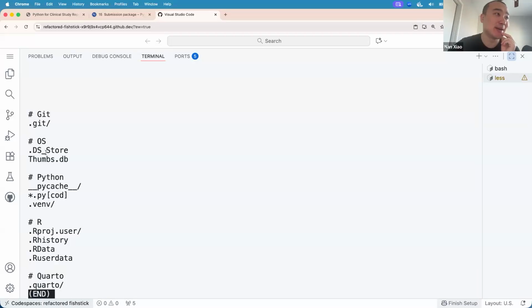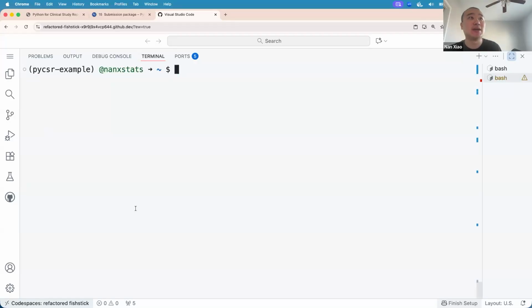There are some Python package and virtual environment files. Obviously, you don't want to include all those. And also for the R project or R packages, we want to ignore these things. And for Quarto, we also want to ignore all these hidden files, right? And for the operating system and Git directory themselves, we want to generally ignore all these files, right? So that's the default template you can use, which I myself have been testing, and I think it covers a lot of the very common patterns we encounter.